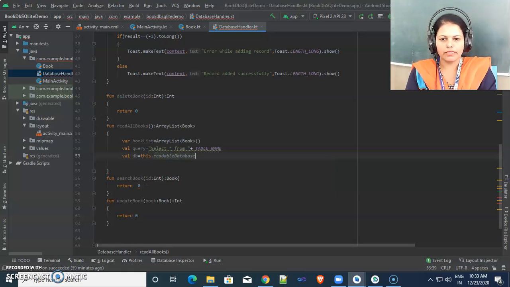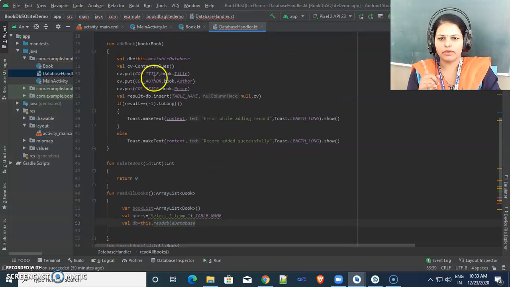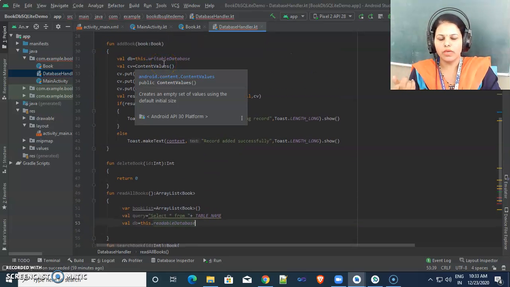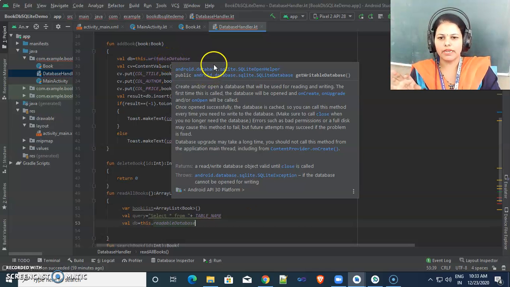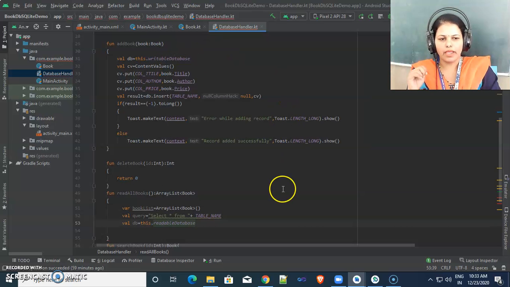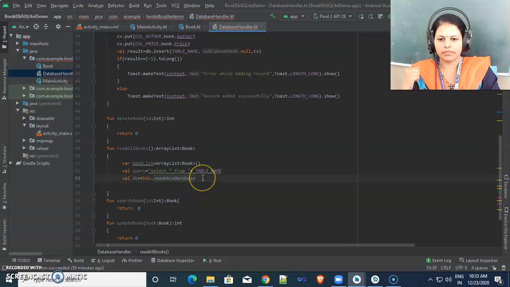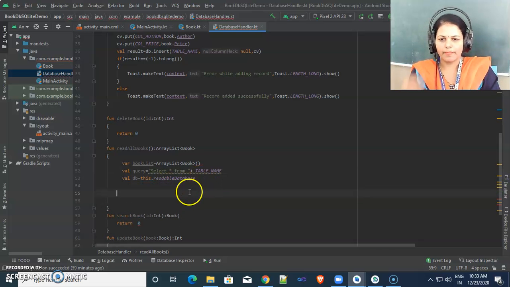We are creating this object as readable because we want to read from the database. Earlier we were using writable database because we want to update or write something inside the database. So for insert, update, delete we use writable database, and for select queries for retrieval purposes we use readable database.